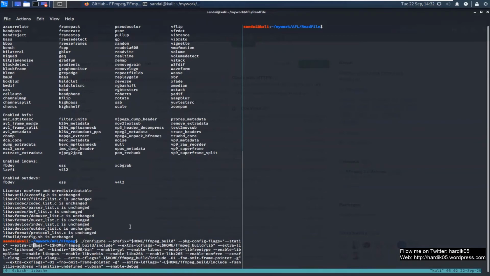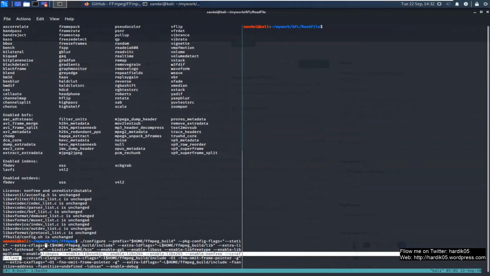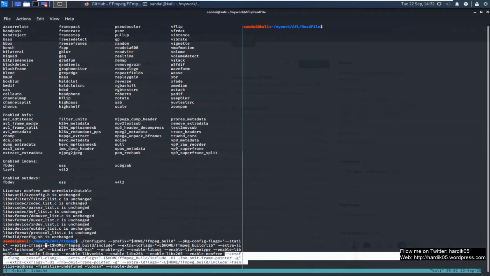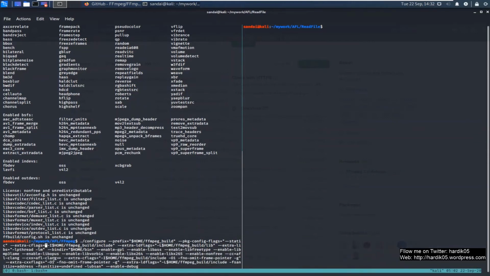The only thing which we have changed is that we have added a flag --cxx, that is afl-clang++, and another flag --cc, that is afl-clang, and then we have added -fsanitize=address and -fsanitize=undefined. Then we have linked it with libasan, and we are also enabling debug build.